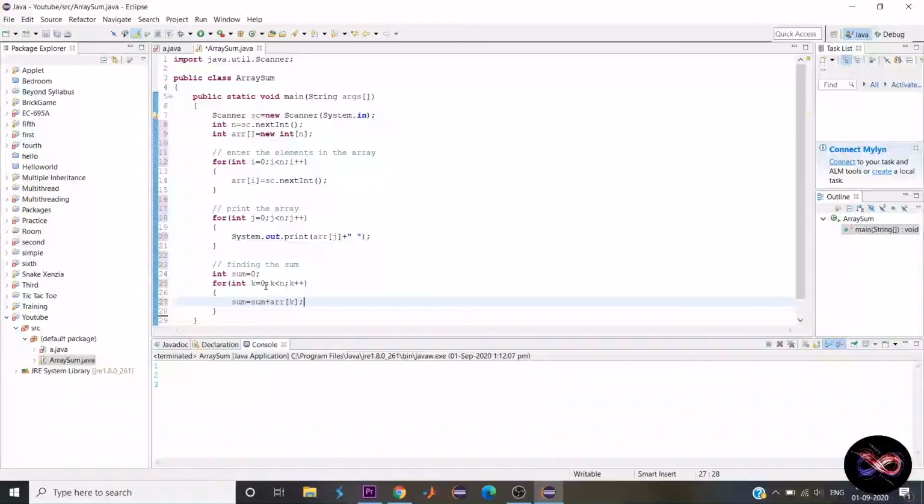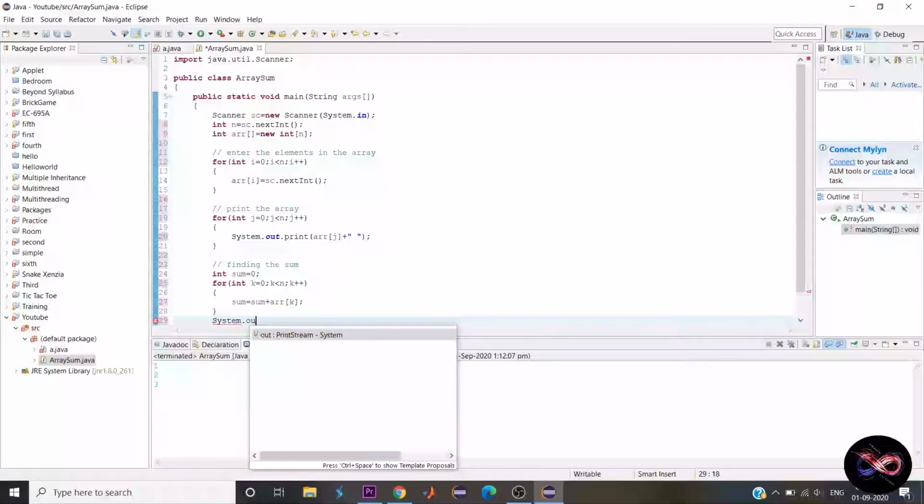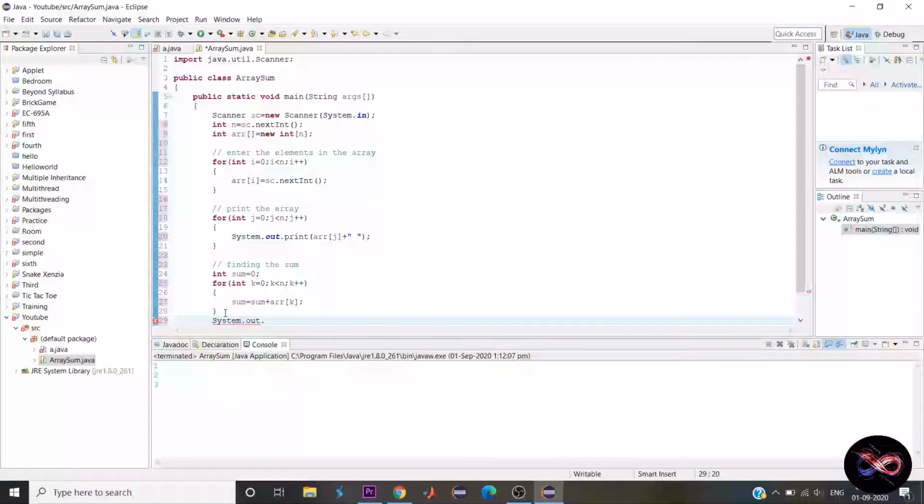Again, when k is equal to 1, suppose the second element of the array is 1, so 1 plus 1 is 2, and then 2 is stored in the sum again. Now we will simply print the total sum.